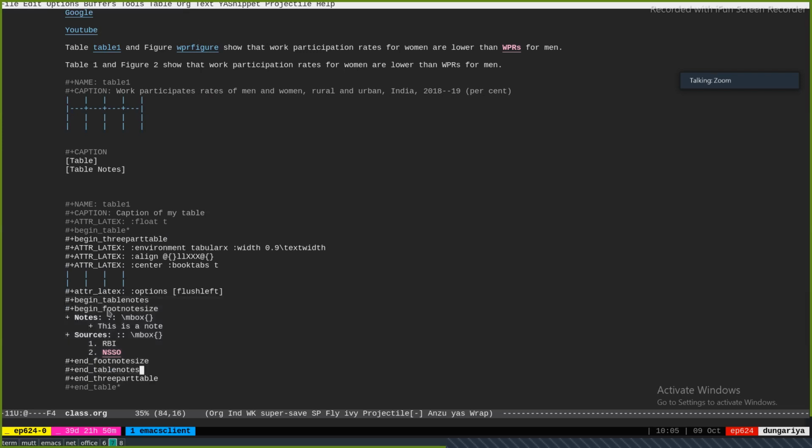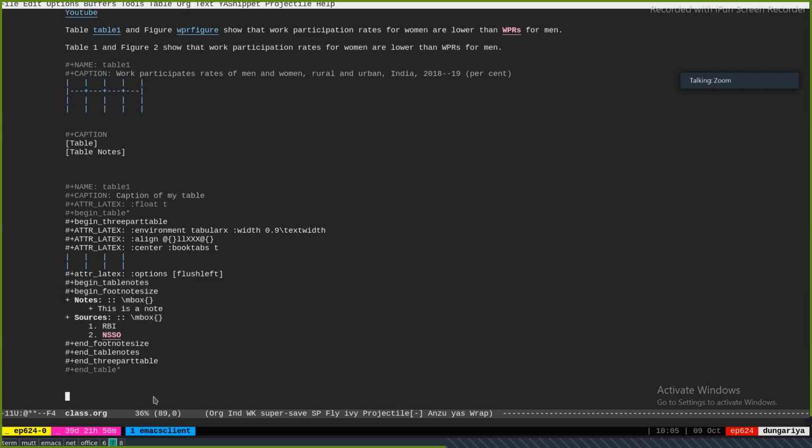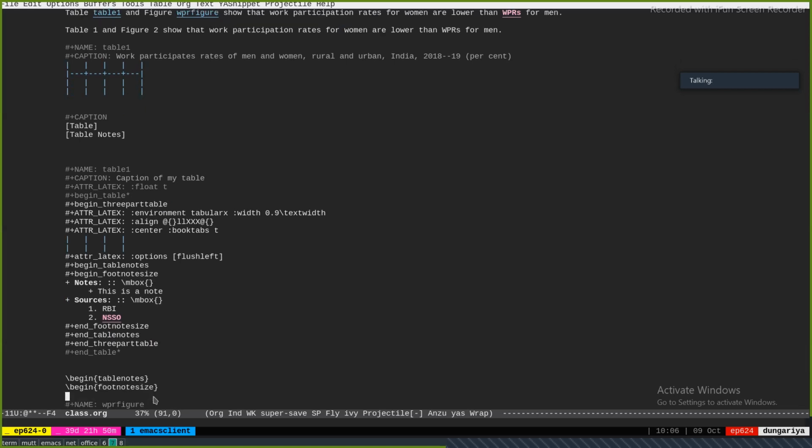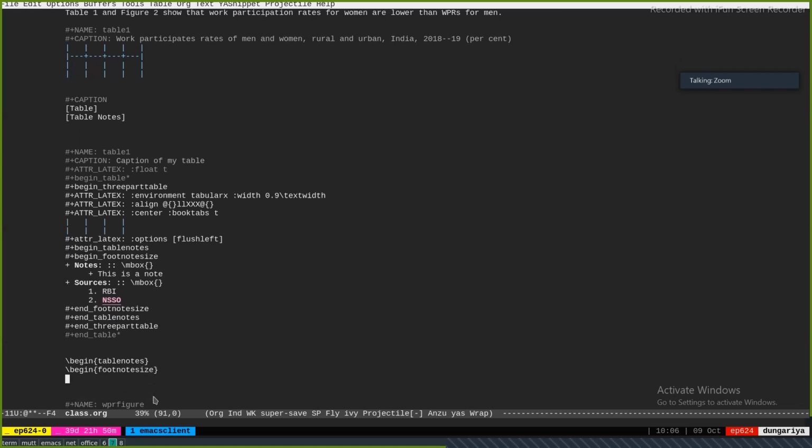Now this exports in LaTeX like this. Begin tablenotes, begin footnotesize, and then the list will be exported, and then it will end as end tablenotes.